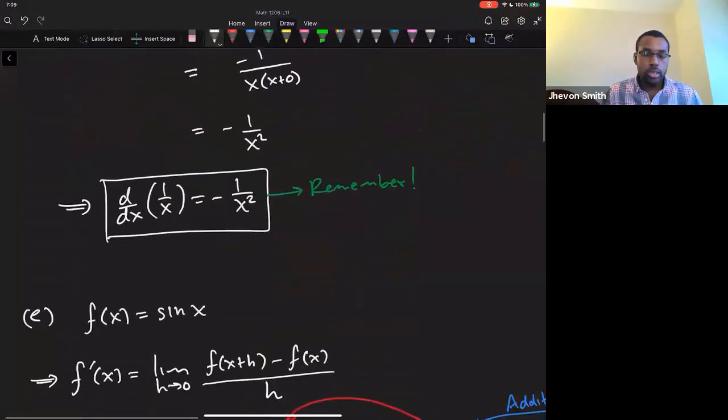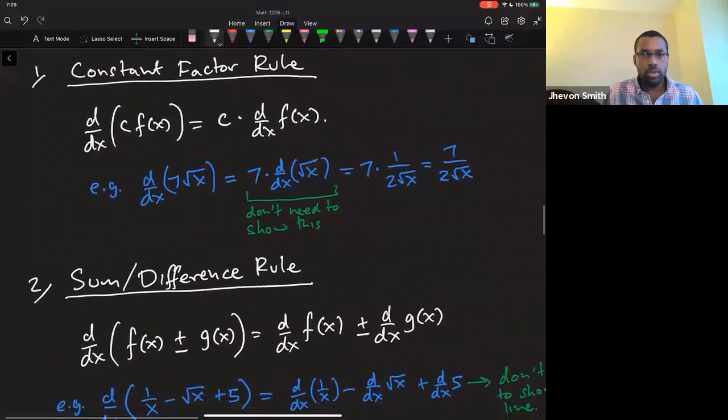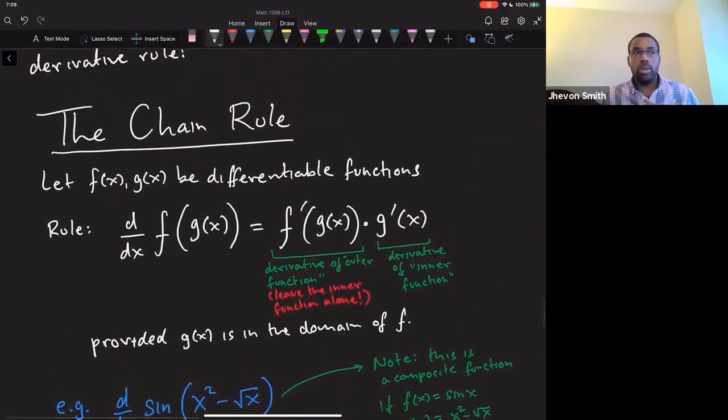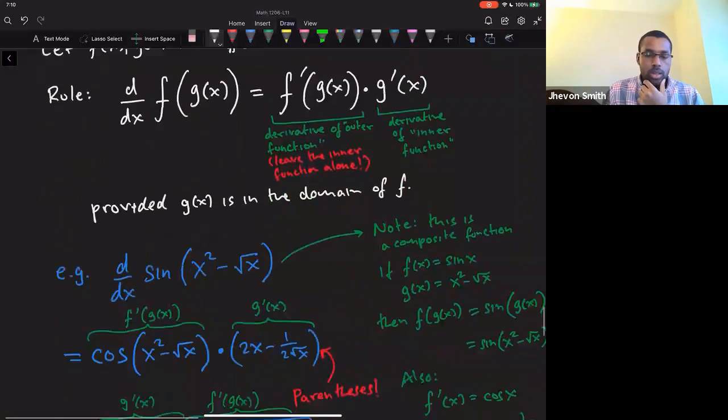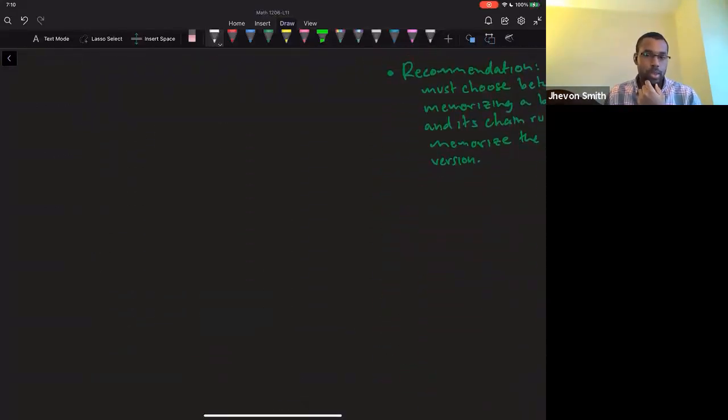So ultimately, we can do this by learning some basic formulas, and then by building on those formulas with things like the constant factor rule, the sum difference rule, the chain rule, and some other rules I'm going to give you. And that will allow us, by knowing the derivatives of each individual function, if someone were to combine all these guys into a more complicated function, we still know how to find the derivative without having to go back to the definition. So yeah, that is the chain rule, a very helpful rule. So now let's talk about